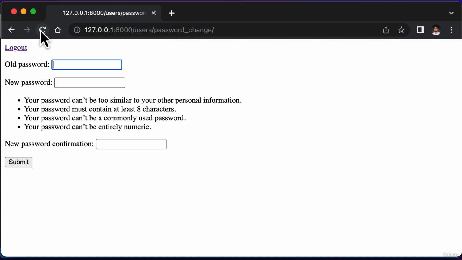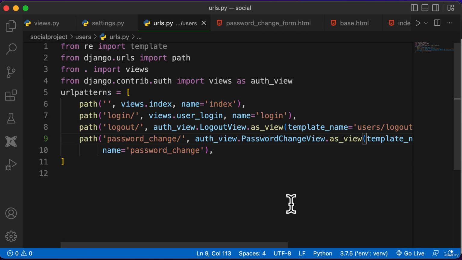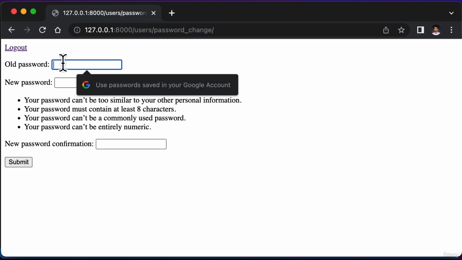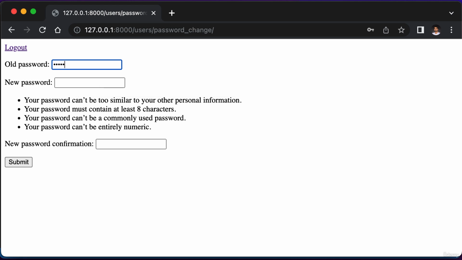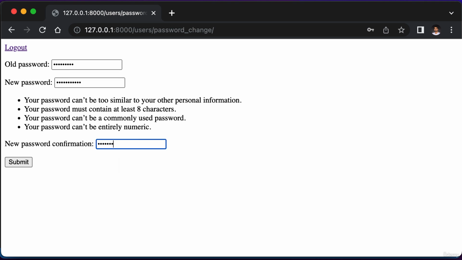So once I go back up over here, as you can see, now it will basically go ahead and present us with this particular form right here, which is our own form, which we could style as per our own needs. So once this thing is done, let's now try changing the password of the super user. So once we are here, let's type in the old password. So the old password is super user. Let's say the new password is test123. Let's type in the new password one more time, test123. Now if I hit submit,